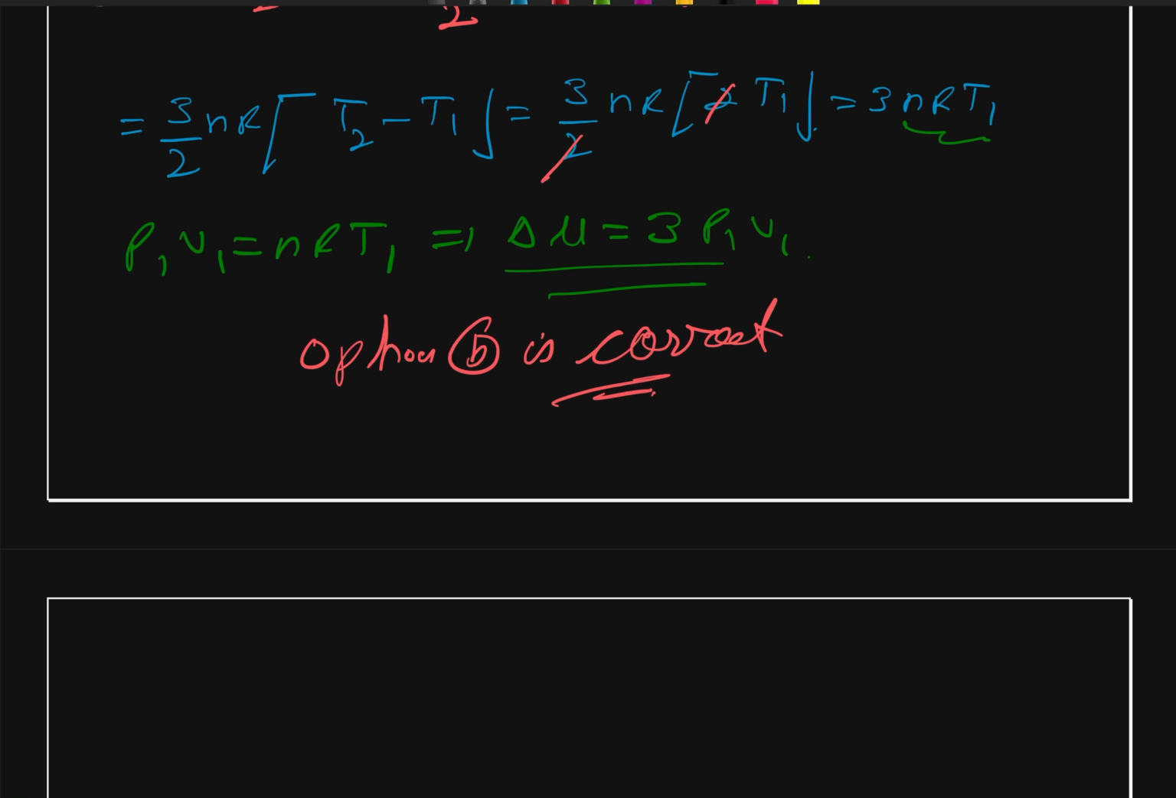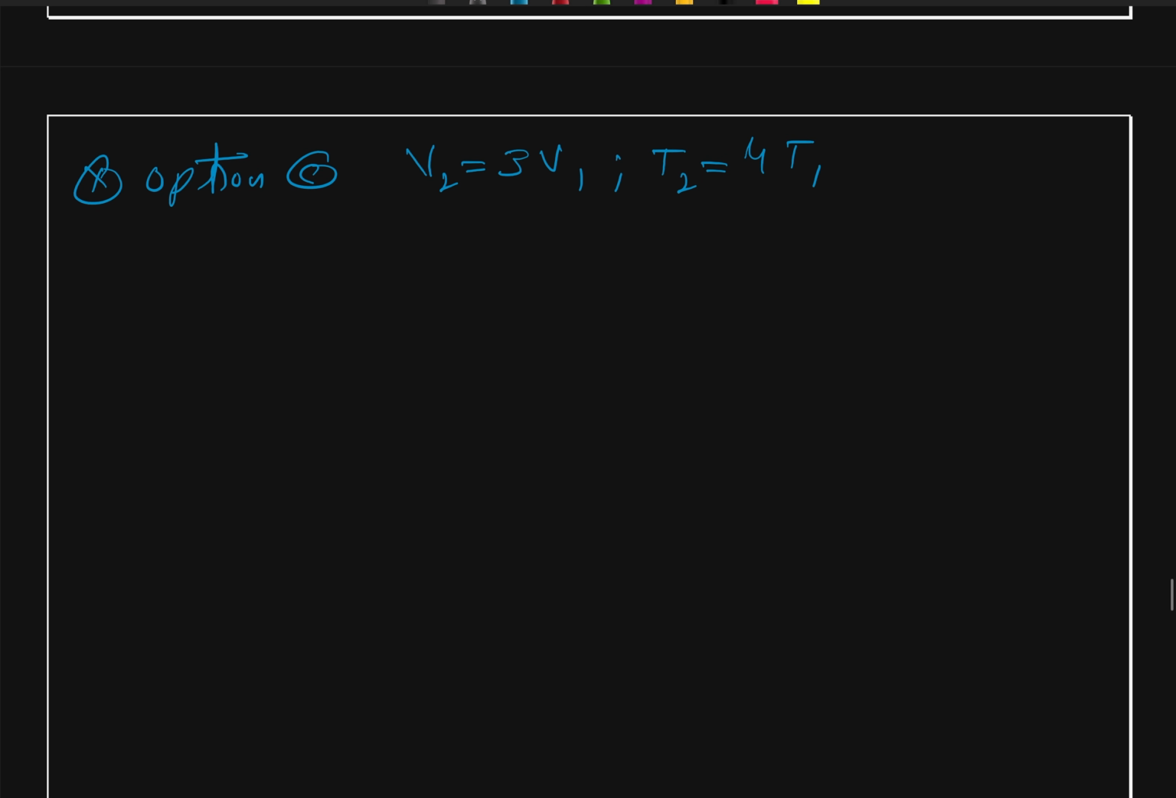Now we come to our option C. Option C gives us that our V2 is 3V1 and T2 is equal to 4T1. We have to find out the work done. Okay. So work done by the gas